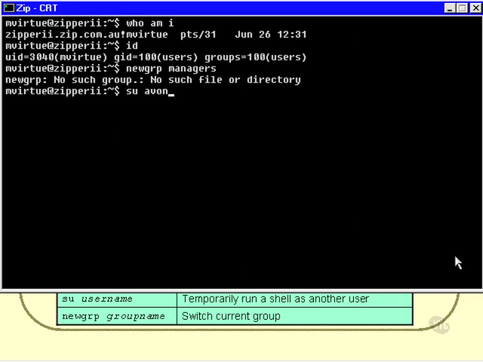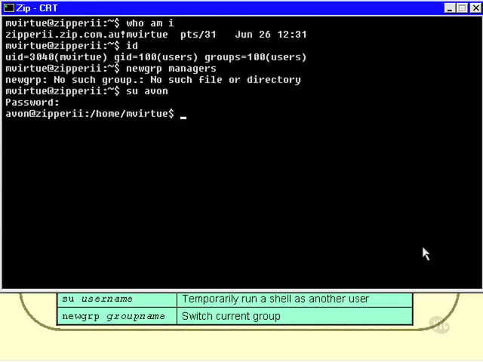So I know of another user on this system who allows me to use their password by the name of Avon. So I type su avon, press enter, I'm asked for a password which I will now type in, and now I am known as Avon at this particular computer, but I have not moved. I'm still in the same home directory. I'm not really logged in as them, I'm just pretending to be them. If I logged in as them, I'd end up in their home directory, not in my own. So now I can do things that they have permission to do,